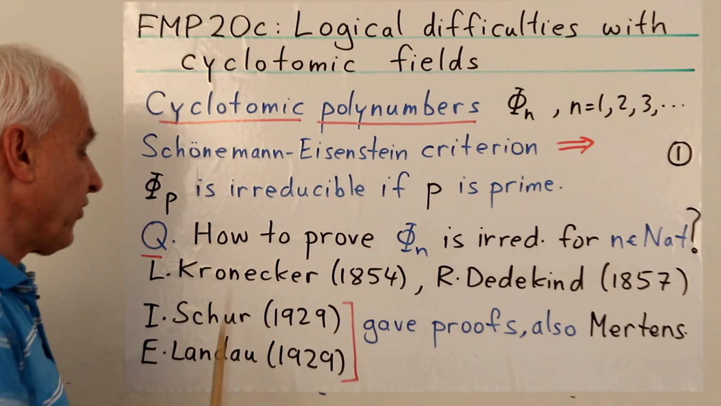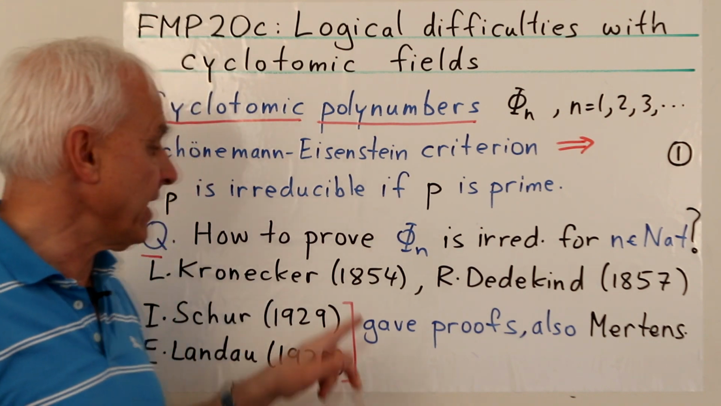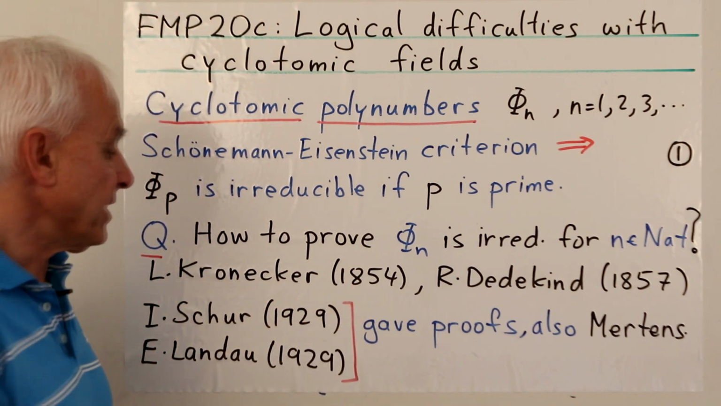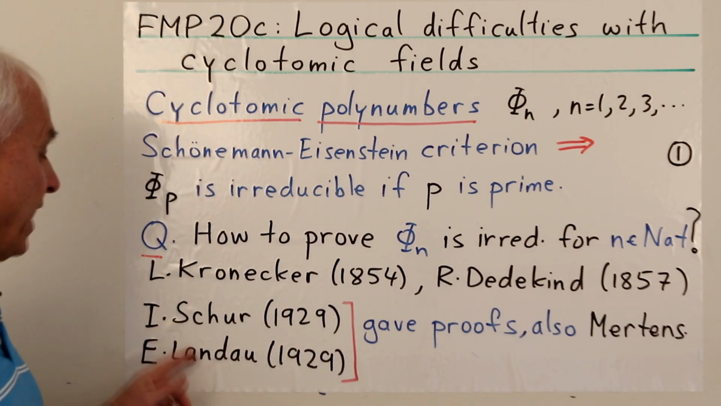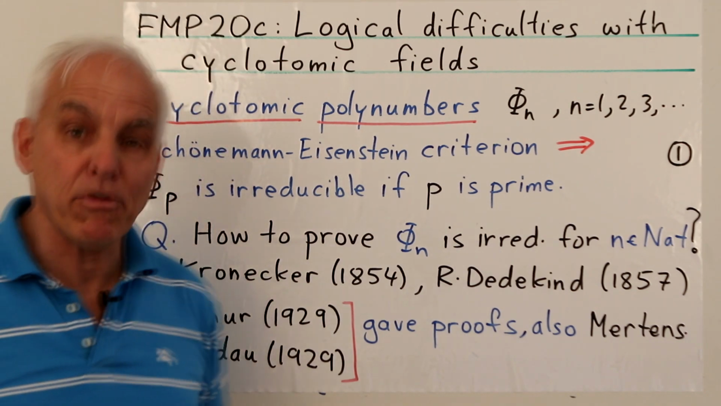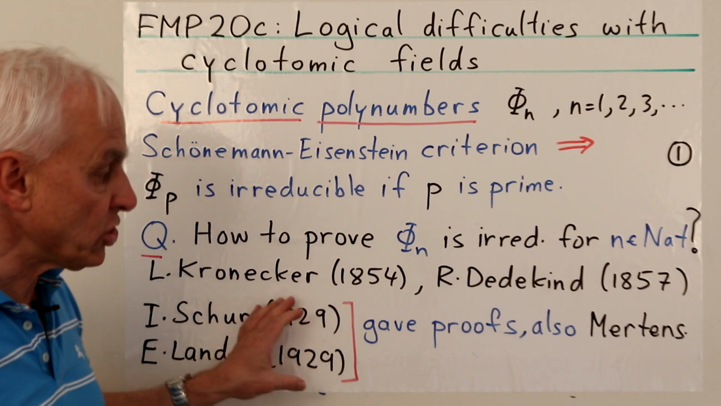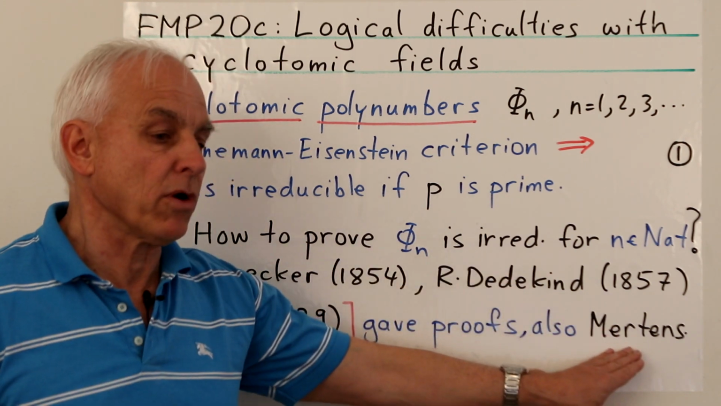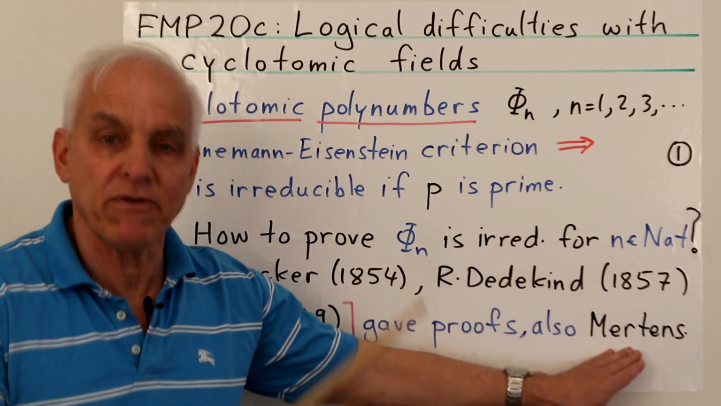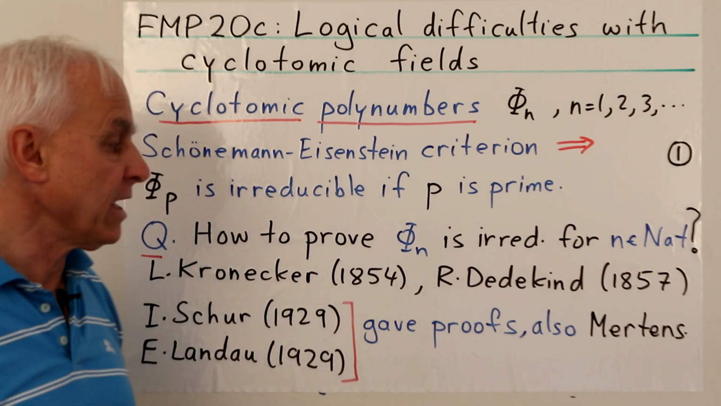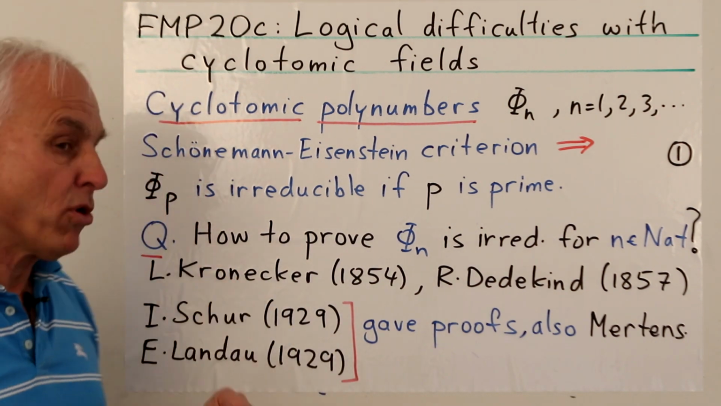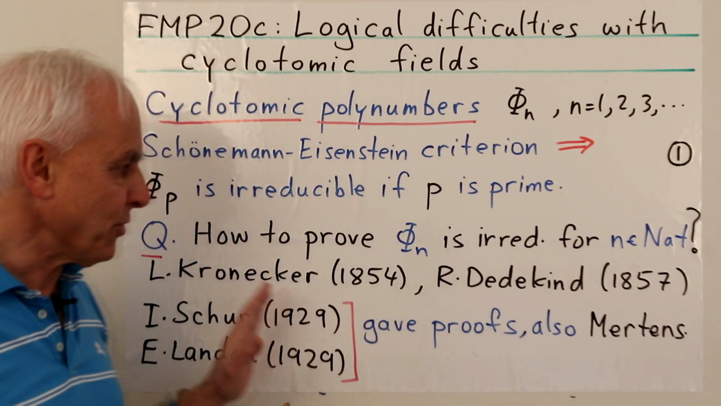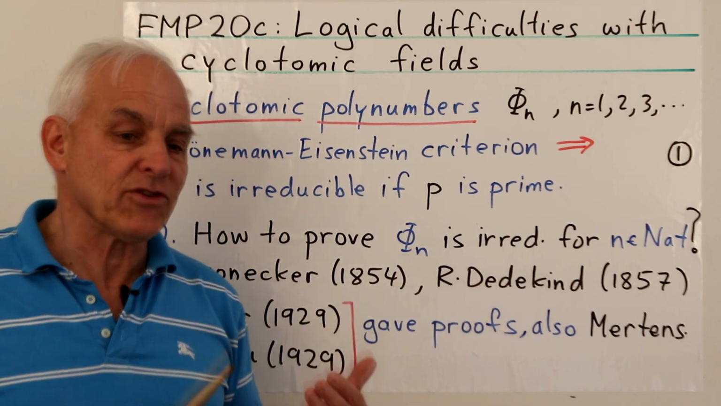The first proof was given by Kronecker in 1854. Dedekind gave a proof in 1857. Schur and Landau in 1929 both gave proofs, which I think more or less were elaborations or simplifications of earlier proofs given by Mertens. Now, from our point of view, although I haven't looked at all of these proofs exhaustively,